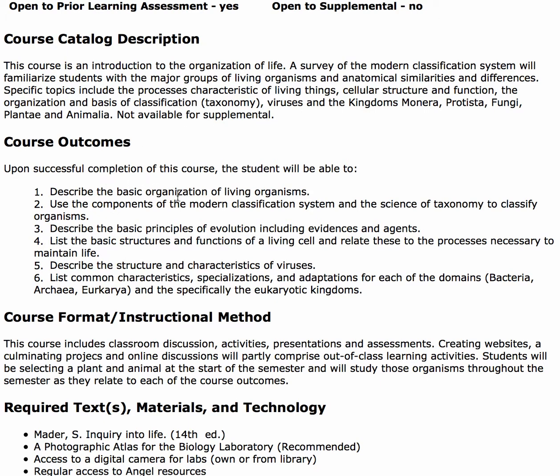So we'll look at basic organization of living things, we'll look at how to classify them, how they evolve, and then we'll look at basic structures and functions of cells and of a ton of other different organisms, including viruses, bacteria, archaea or domain archaea, domain eukarya, just anything that's alive, we're going to take a look at it.